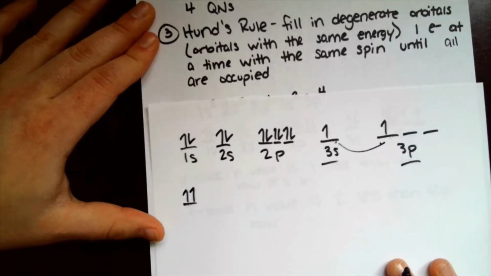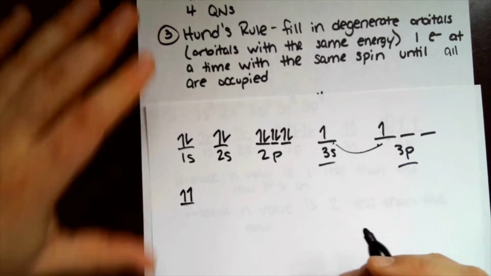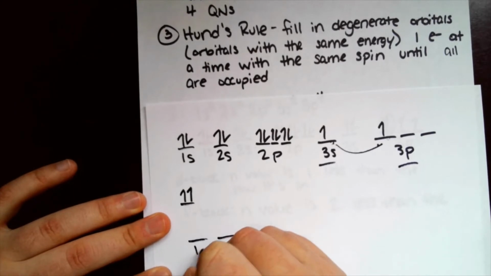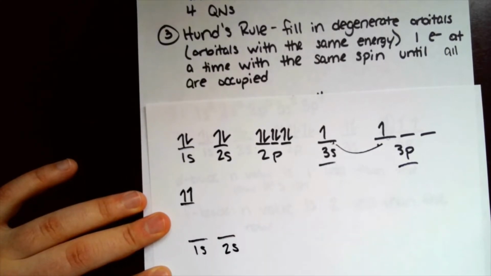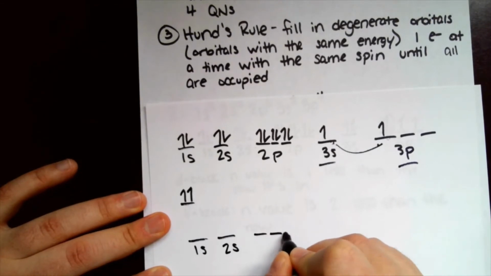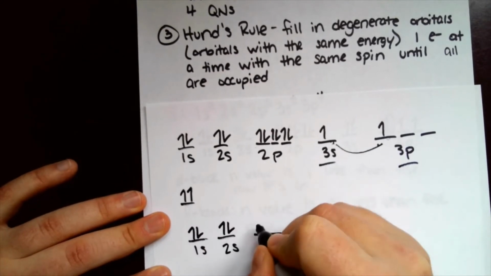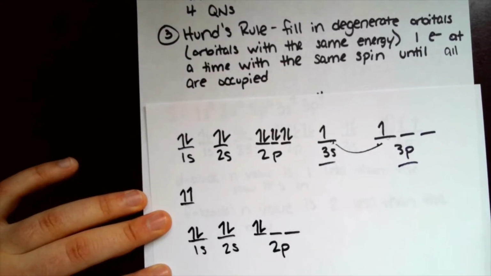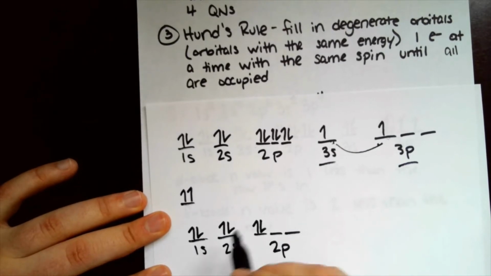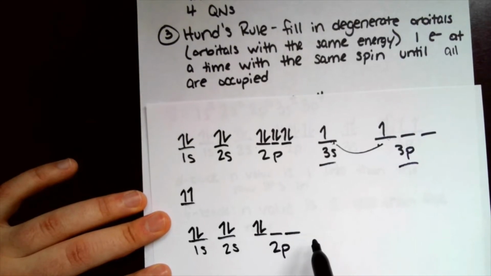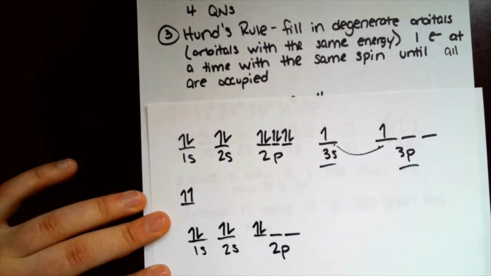And the last one, Hund's rule. For that, with 1s, 2s, 2p, you could look for something like this. Let's say we have it like this, and then like that. Remember, if you have degenerate orbitals, you need to fill them in one at a time until they're all occupied, and only then can you go back and pair them up. So if we only have 6 electrons, 1, 2, 3, 4, 5, 6, what we should have done is